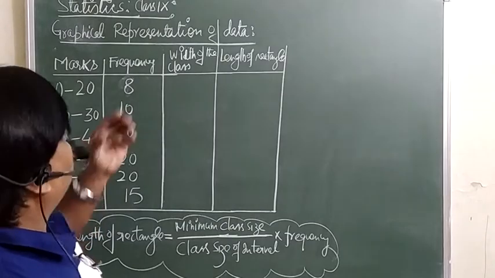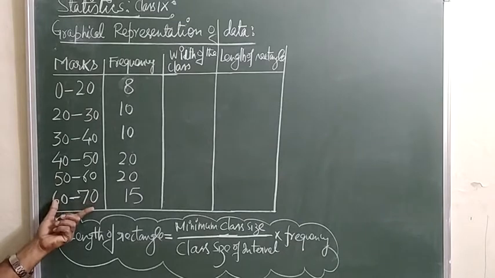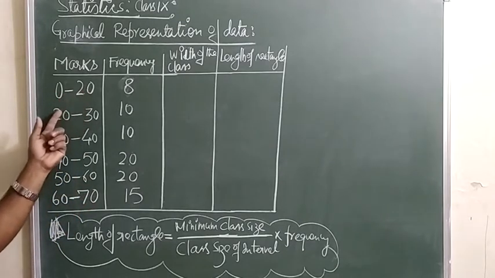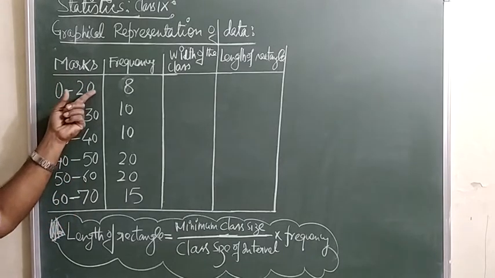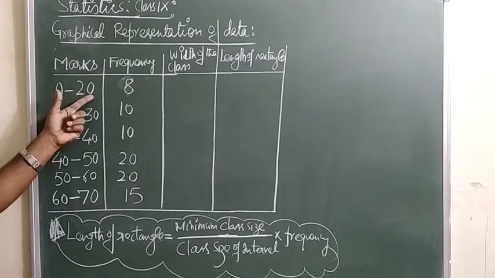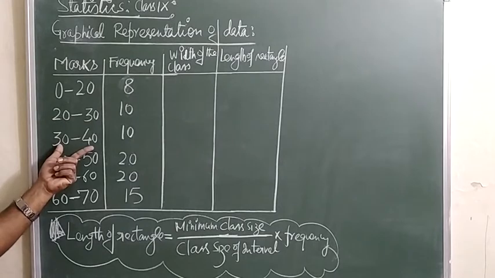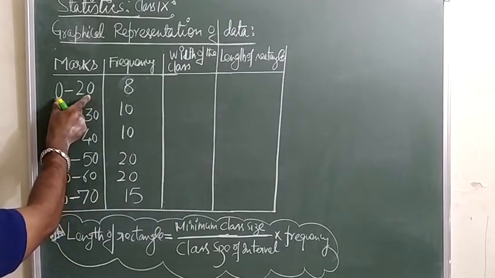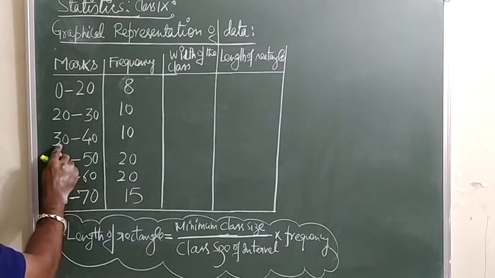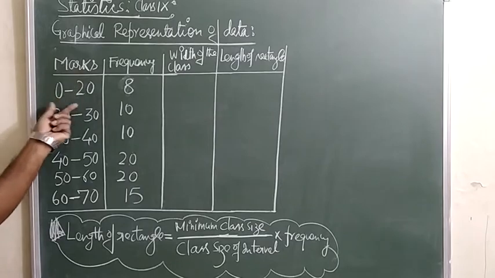Now, one more question I am taking. In this question the important point is the class interval given here. No doubt, the upper limit coincides with the lower limit of the next class interval. But if we talk about the class size, here the difference is 0 to 20, which is 20. Then 20 to 30 is 10, and here is 10, 10, 10, 10. This difference is going to change. Here 0 to 20, and here 20 to 30, the same, the same, the same. But here it is not the same; the class size is 20.